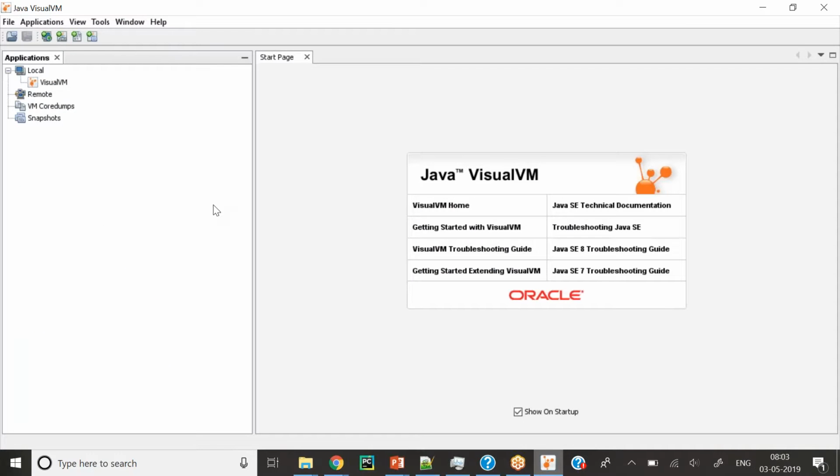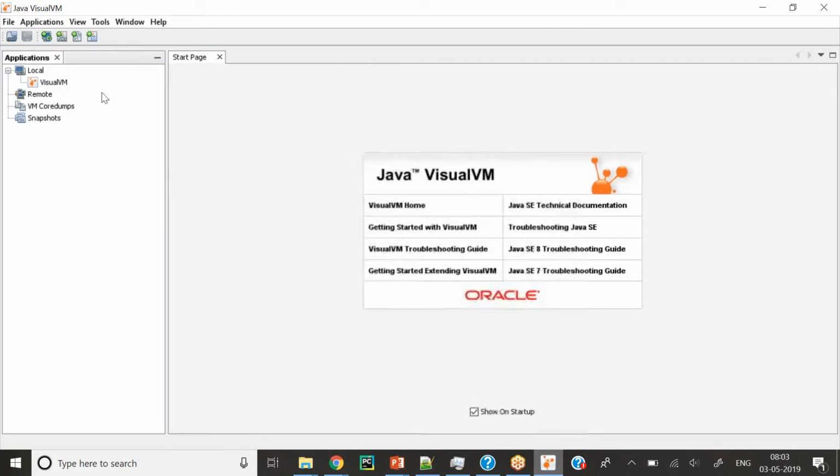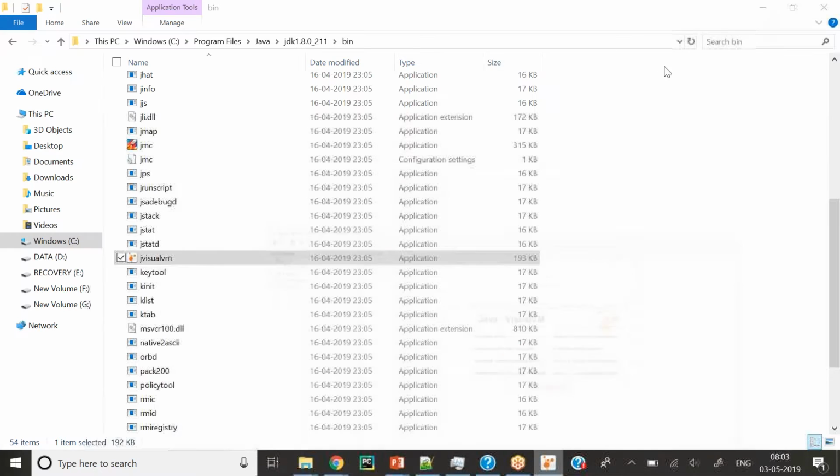Once your JVisualVM is running, you can see this right at the left side window under Applications. You can see there is no application except VisualVM. Okay, so let it run. Now let's